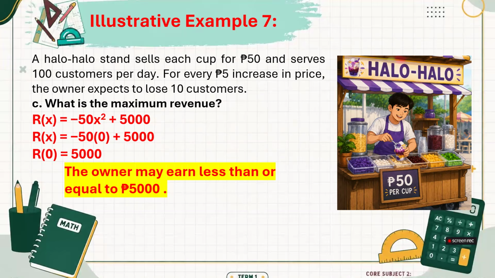It is not suggested to increase the price because the more customers there are, the more revenue the business owner will have. I hope you understood. So the best way is to maintain it at zero. Zero increase means zero. It doesn't mean that you will sell it for free. Zero means you maintain the price at 50 pesos per cup. There will be no increase. I hope you're getting me.